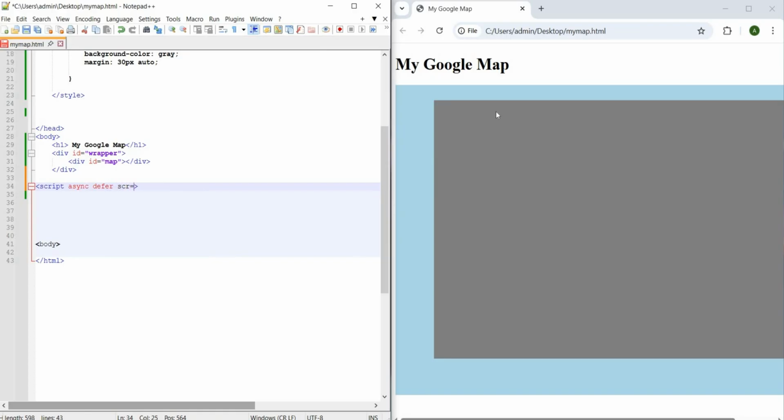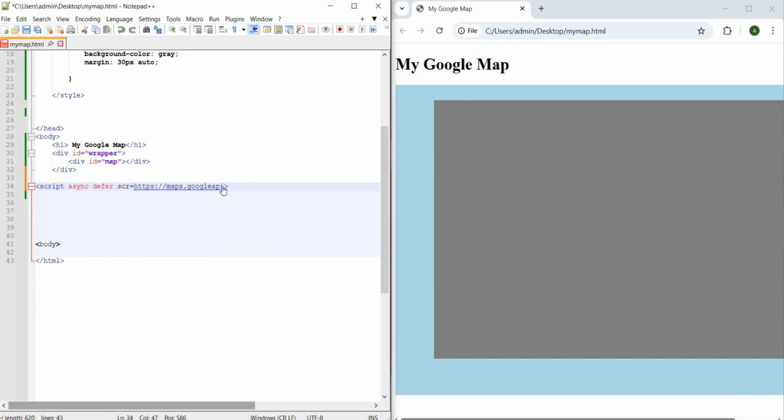Our goal is to put a Google Map in our website. So https, slash, maps dot googleapis. We need a Google API in order to reflect the Google Map in our website.